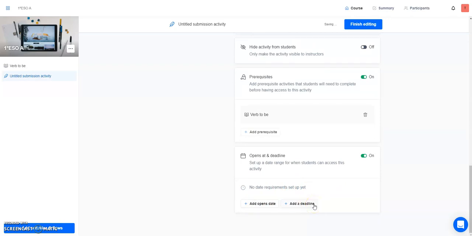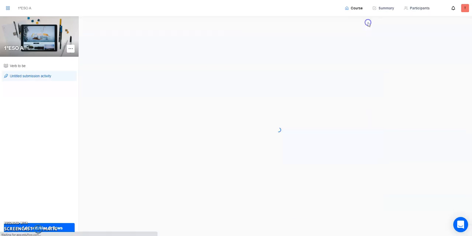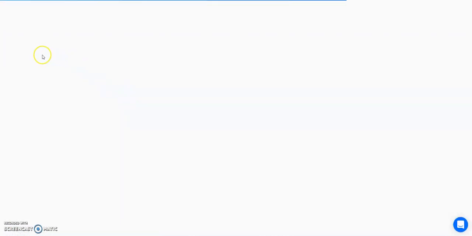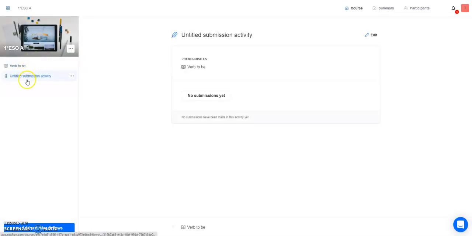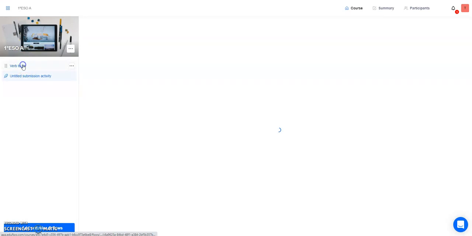This is very recommended. They have to be aware that there is a limit. They cannot submit their work whenever they want. They have a limited time. Okay? Once you have finished, this will be added to your flow. So, the first thing, they will check this content, this verb to be, and the next thing will be this